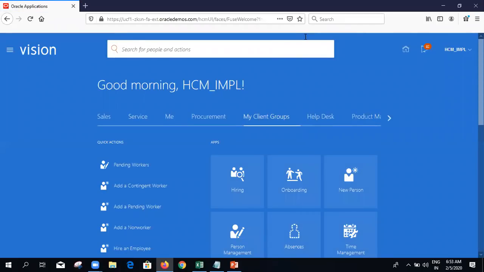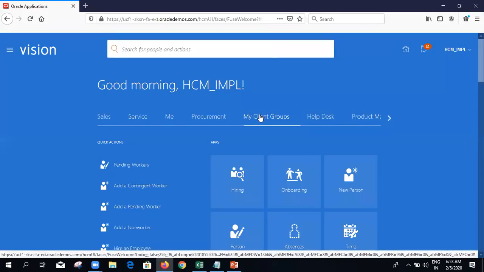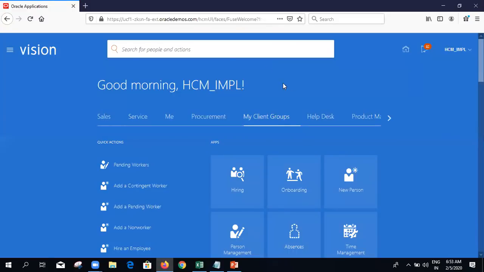Right? It has been redirected to the main screen. So here, today we are going to see how to create the user account and how to add the roles to your user account. This is the first thing which we have to do after logging into the system, because as I told you, the security in the Fusion application is purely based on roles.